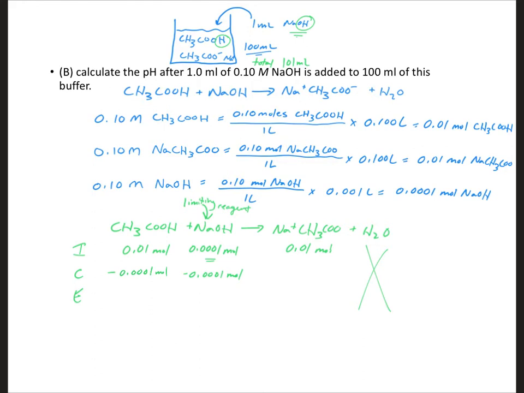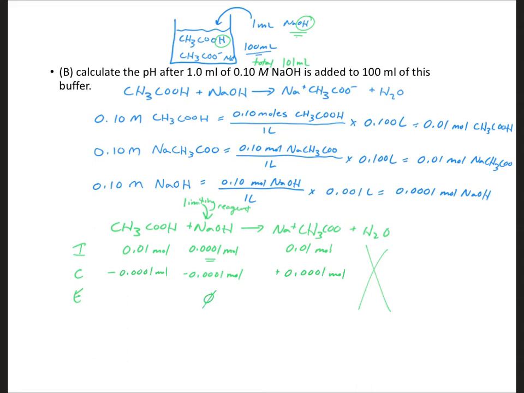And then on the right side of our ice table, we switch the sign of our operation. So that means that if we are consuming some of the acetic acid, we're actually going to be making some of the sodium acetate. So we're going to add 0.0001 moles. And then, of course, in our equilibrium, we're going to just go ahead and balance that. So now we've got 0 of the sodium hydroxide. We used up all of our limiting